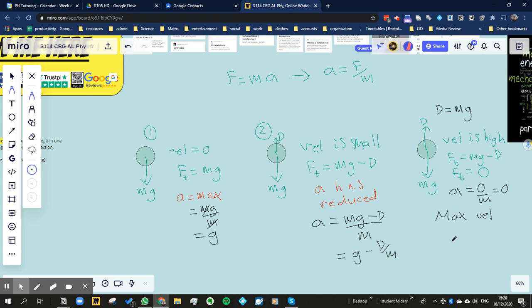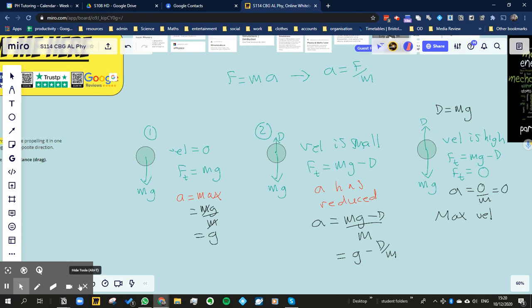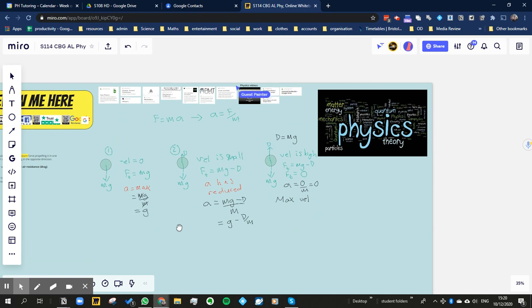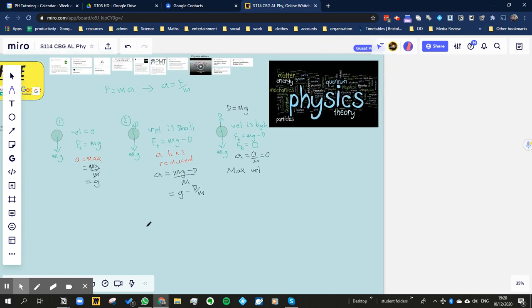Well, not as if there's no air resistance, because if there's no air resistance, it would carry on speeding up. So, for example, if something was falling on the moon, it doesn't have terminal velocity. It just carries on falling because there's nothing to slow it down until it hits the ground, of course. Right? So, if you plotted this graph of, let's say we plotted speed against time for this falling object, it